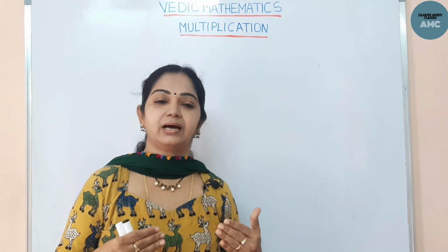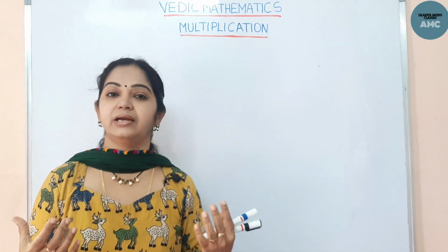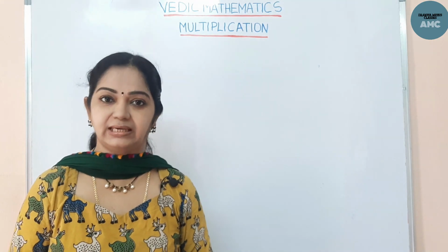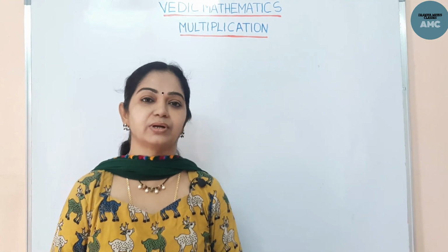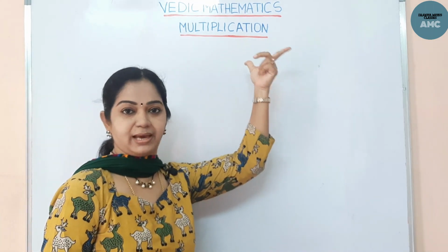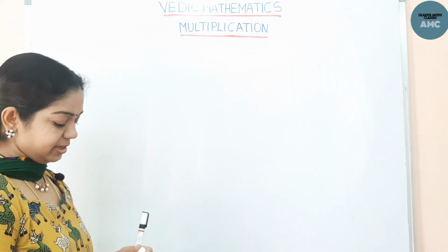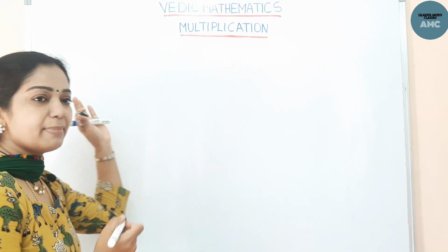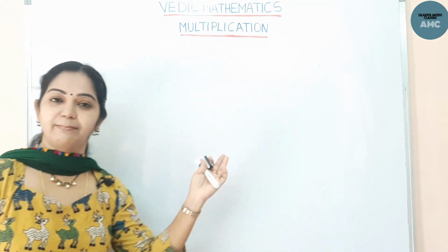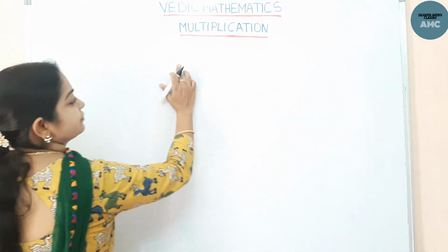Now here I have been telling you that the multiplication techniques in Vedic maths are different: there are specific techniques and general techniques. As part of the specific techniques, meaning for a few kinds of numbers only, we are going to deal today with one specific technique of multiplication in Vedic maths. In this trick, we are going to see multiplication with numbers of nines, a series of nines. We have completed the series of ones also in previous sessions. Like that, multiplication for a series of nines.